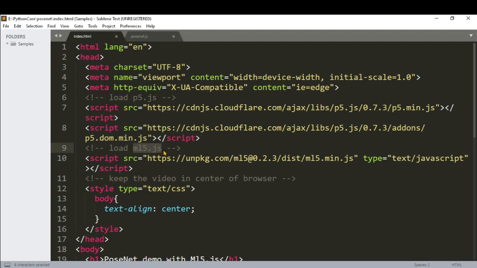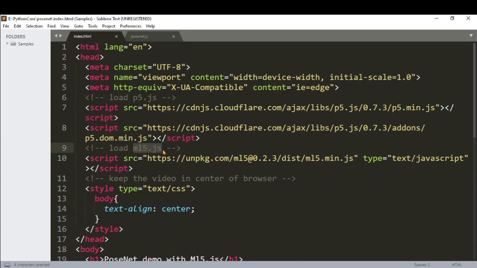It is built on top of TensorFlow.js, and it makes our life quite easy to perform activities about AI in the browser itself. And we will load the PoseNet model and perform the inference on the video feed using this ml5.js.